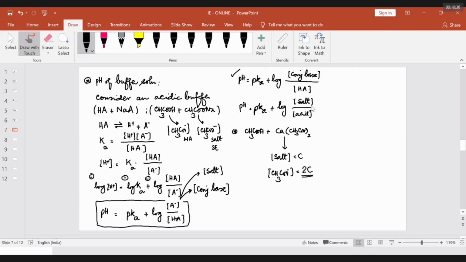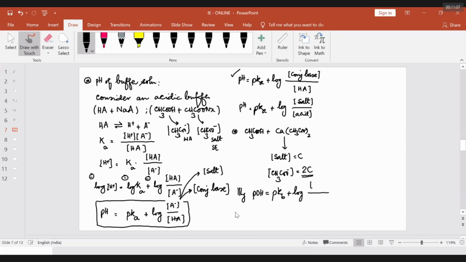C is concentration of salt. I don't want concentration of salt. It is suitable only when it is 1:1 electrolyte. Otherwise, it is supposed to be conjugate base. Similarly, since you people are so much genius, I can say pOH for basic buffer: pOH = pKb + log of concentration of what now we have to write? Concentration of anion. Who is that fellow?